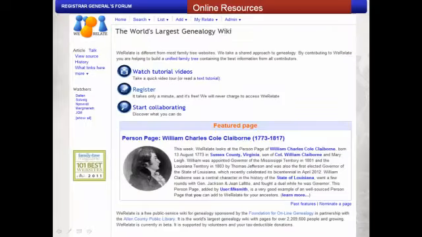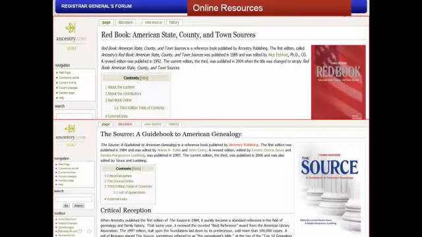WeRelate is the world's largest genealogical wiki where you can upload your family history information and add citations. Others can search for your entry and you can collaborate with citations. The Red Book is available at the Ancestry.com wiki, and this helps with historical accuracy. Maps are also available. The Source is also available on the Ancestry.com wiki for resources by state and time period. Both are rather large books, and having access to them can enhance historical accuracy and records collection knowledge.